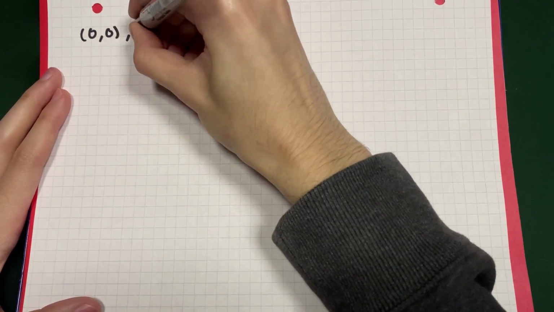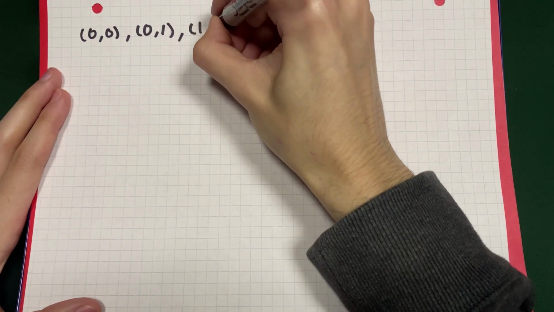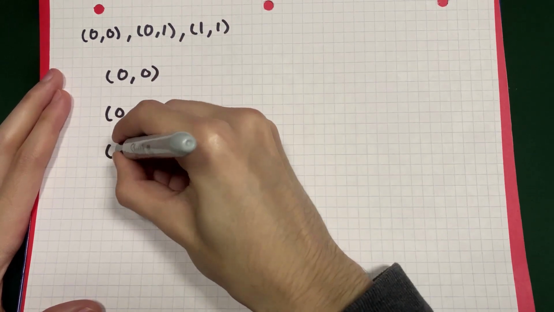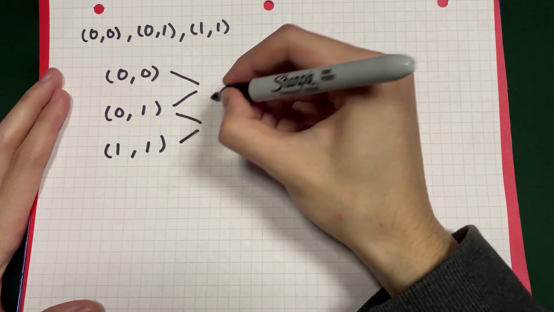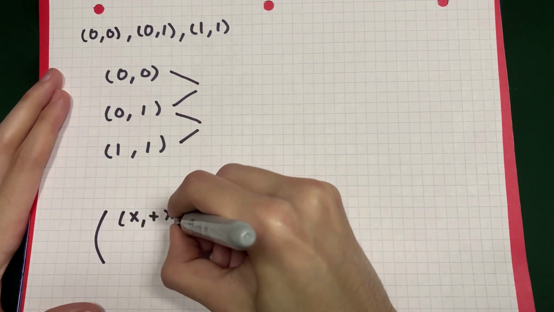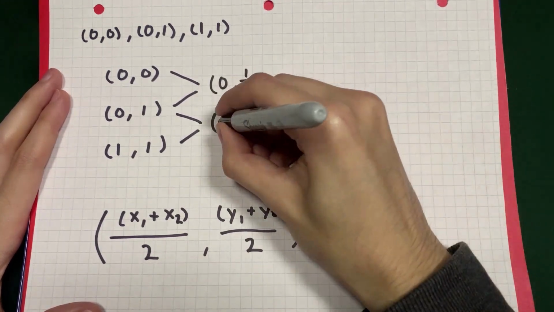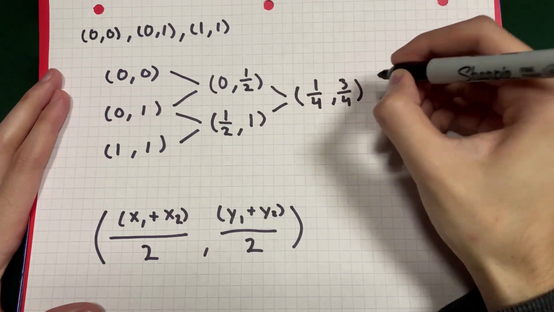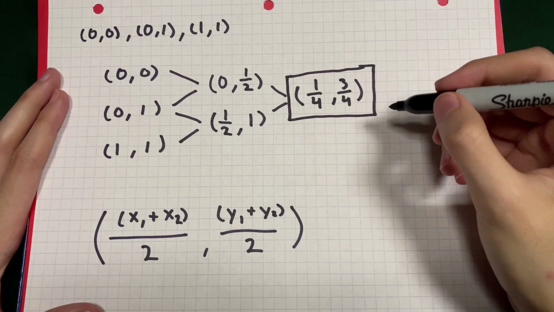Generalizing it is a bit convoluted, so I'll just jump straight into an example, with the same 3 points we've been using, of course. We're going to start by making a column of our control points. What we do now is take the adjacent points and calculate their midpoint. So, how do you get a midpoint? Well, the formula for that is x1 plus x2 over 2, y1 plus y2 over 2. Okay, we have this little triangle now. This final point here is on the Bezier curve, so store that somewhere else for now.